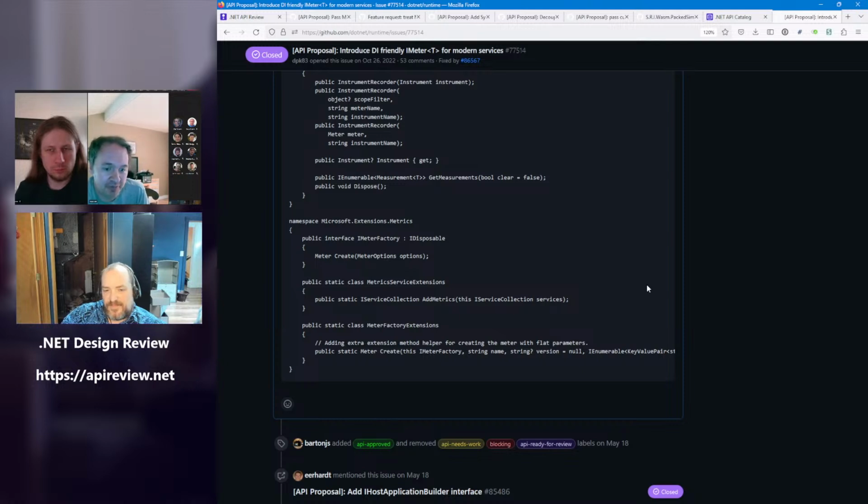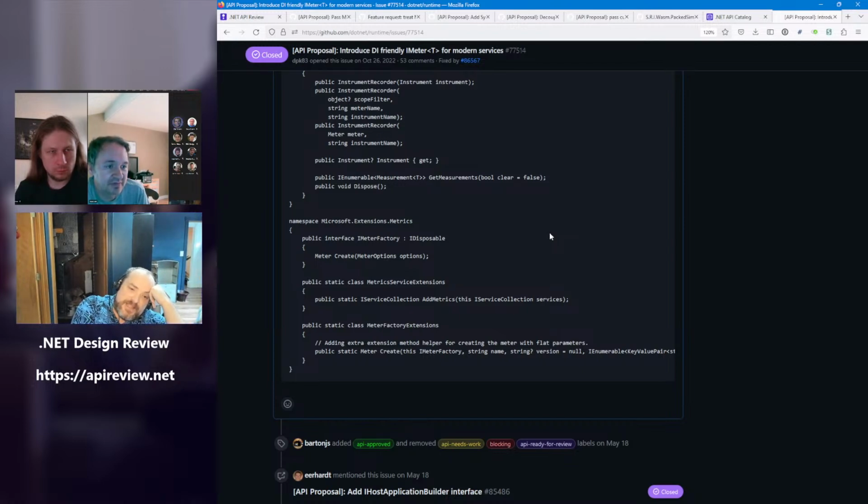So, to Jeremy's point, that middle one that you pointed at, add metrics, isn't in the abstractions. That's in the non-abstractions assembly. Oh, you were asking an assembly question, not a namespace question. They're in the same namespace. Right, because again, apparently I haven't actually run out of caring.